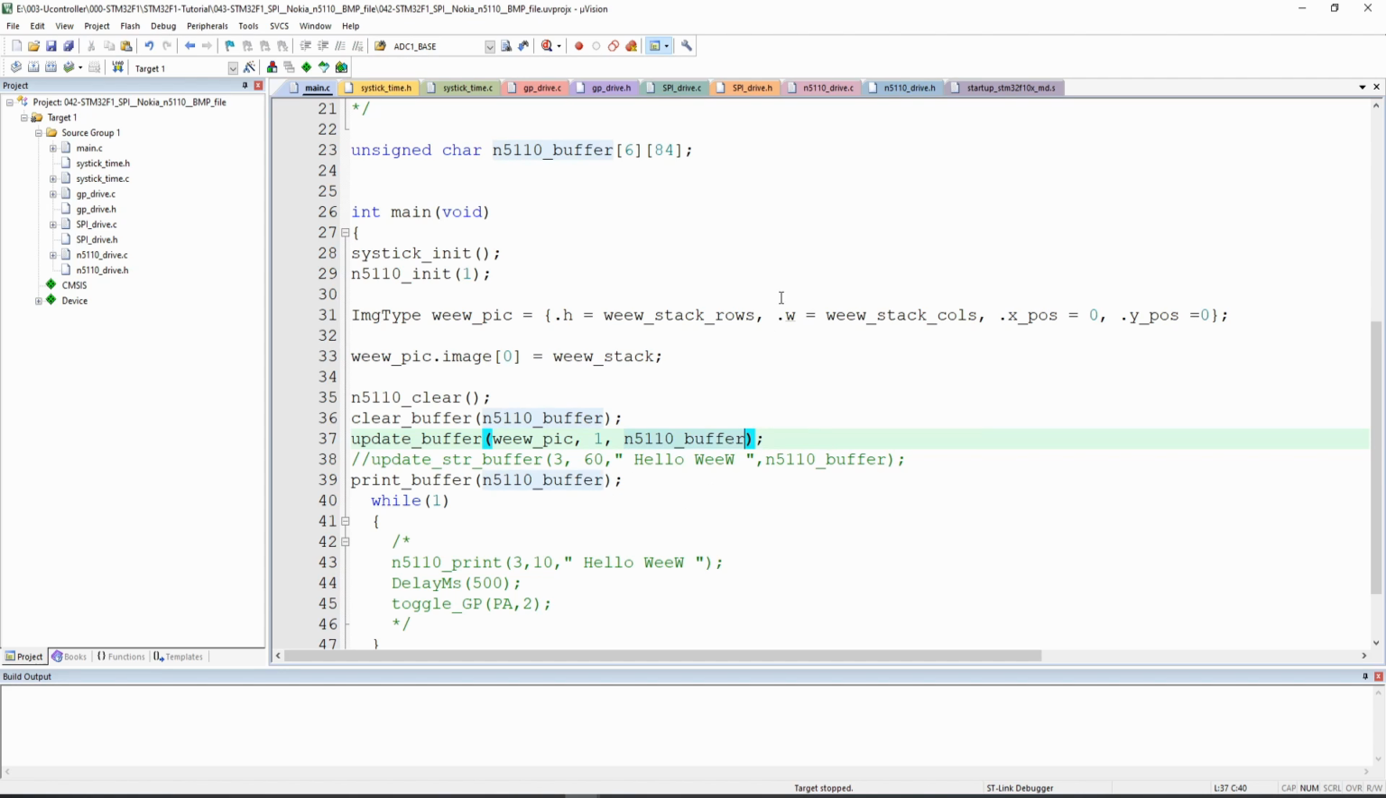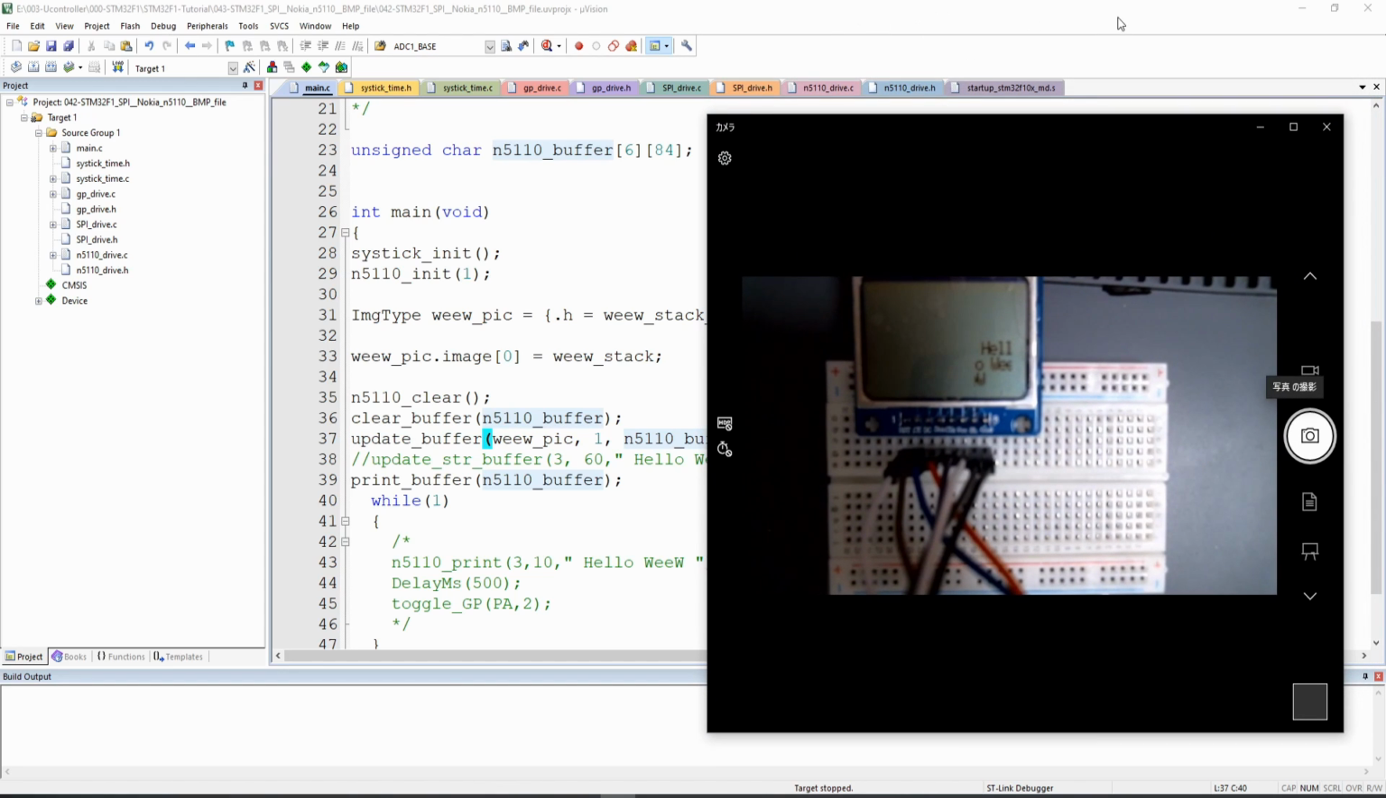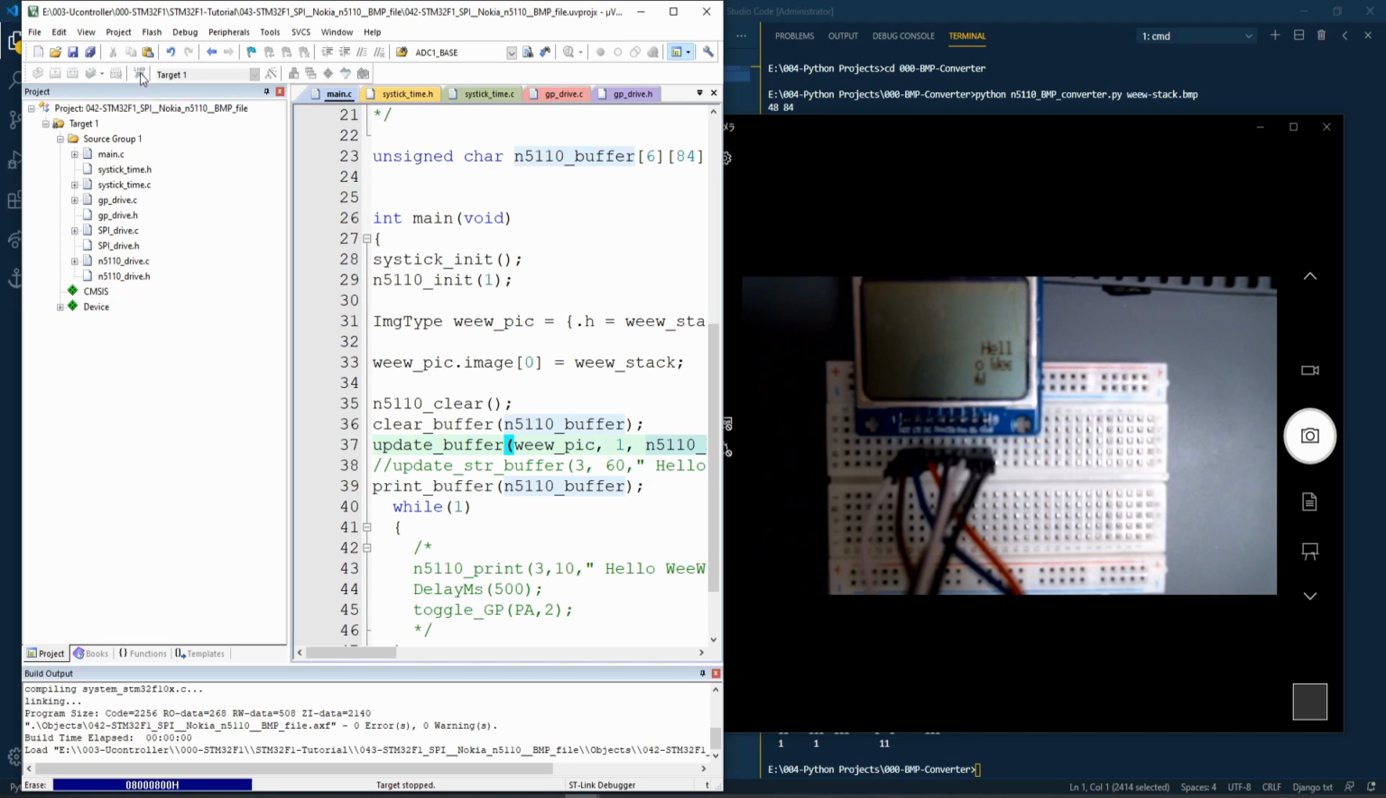And here we are. So let's open the camera and check what kind of result we are going to get. This is the old result of our previous test. So let's make this one smaller, save and run. See, there's 0 error, 0 warning. So if we upload the code,